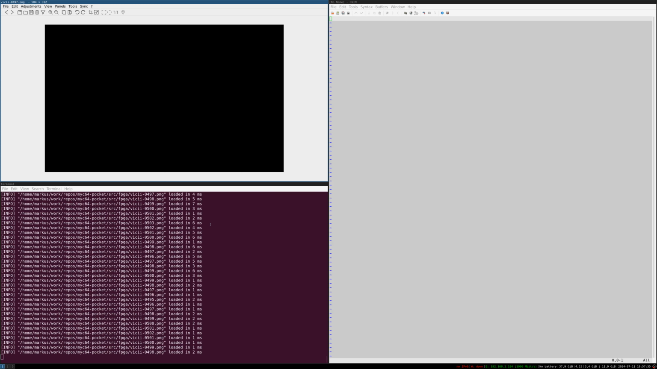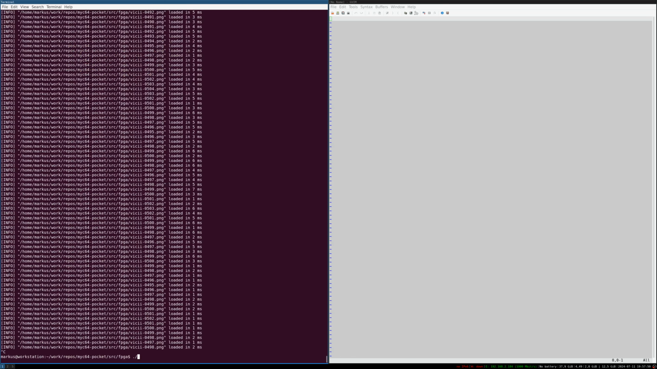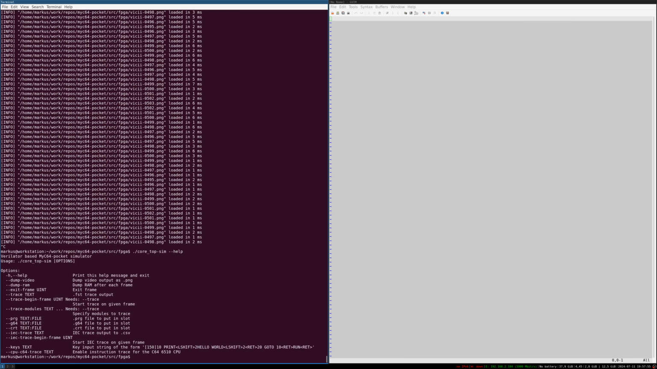Yeah, let's take it from the beginning. For simulation of the core, we have this tool called Core Top Sim. Pretty stupid name, yes, but it's actually quite useful. It uses Verilator to perform RTL simulation of the core, and it allows us